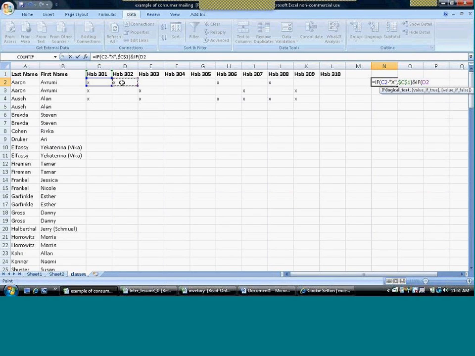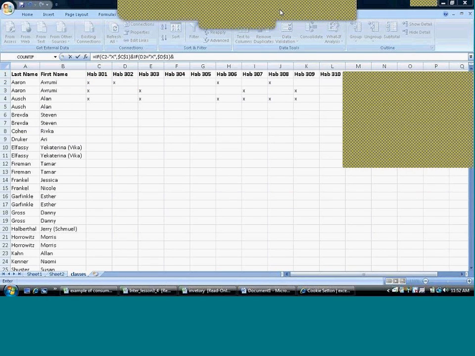If D2 is equal to, again, in quotation marks, X, then I want this name. And really, you would continue to do this all the way across the 10 categories. So I'm going to stop after 3, but you would just keep going with this formula. And